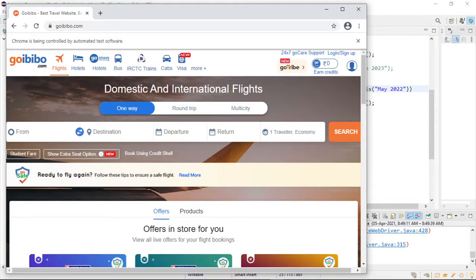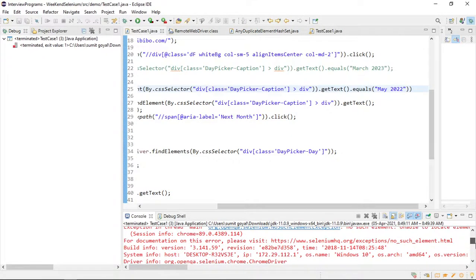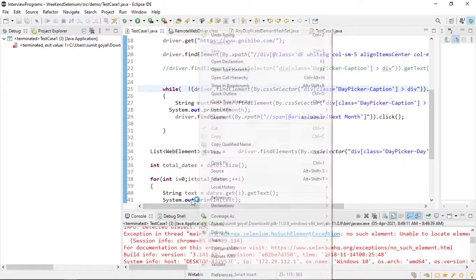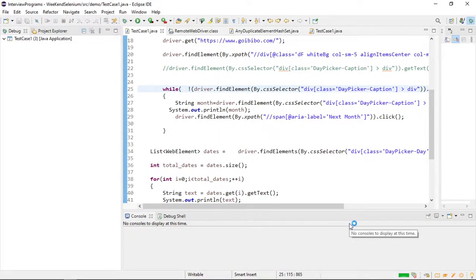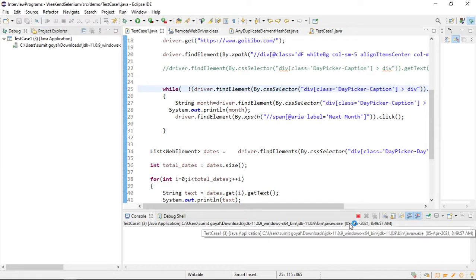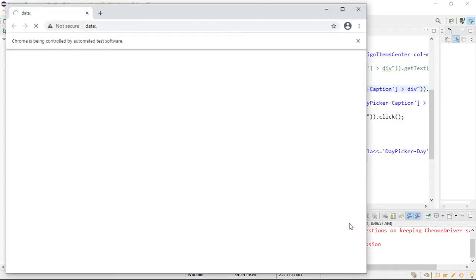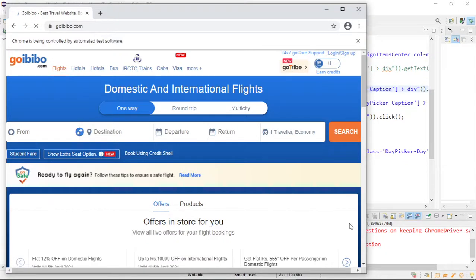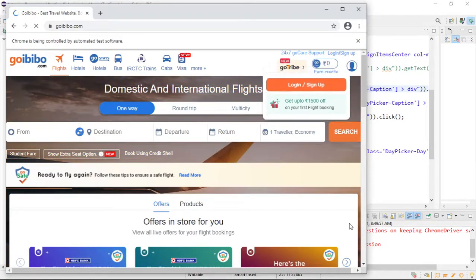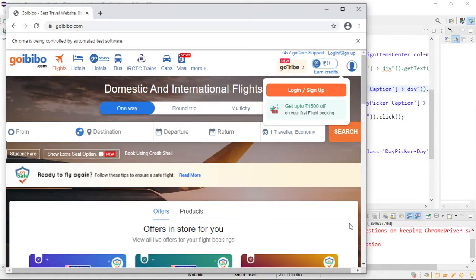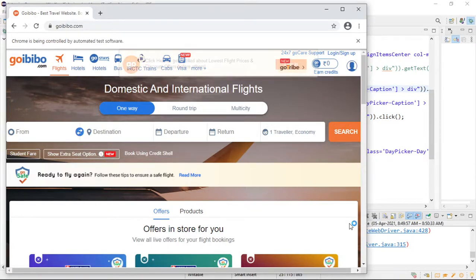Okay, let me run it in the run mode. I think it might be the case that it is changing.